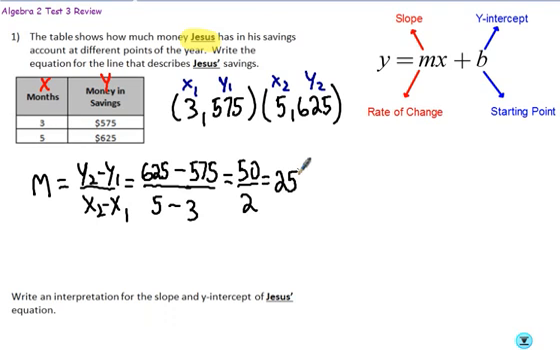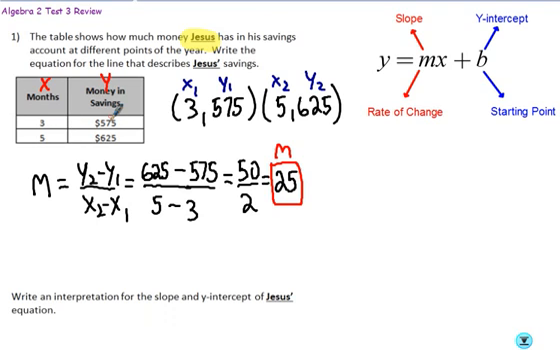So our slope on this one would be $25. So what that means is that he's saving $25 per month. So this represents our rate of change. Now we don't know, and we could kind of count backwards, right? 575, so that means in month 2 he would have had 550, right? We could kind of count backwards, but we want to figure out what he started with, what he opened up